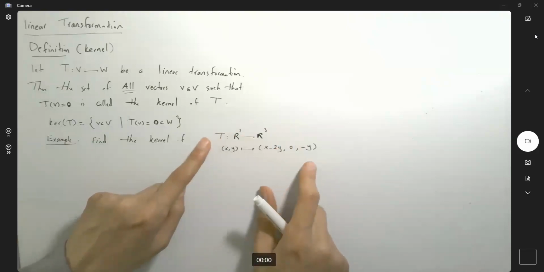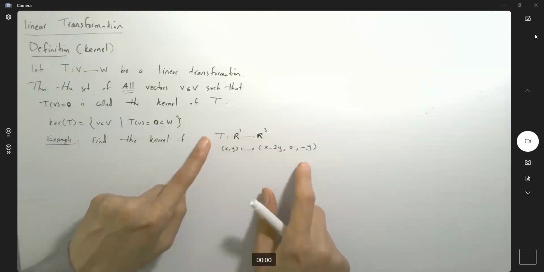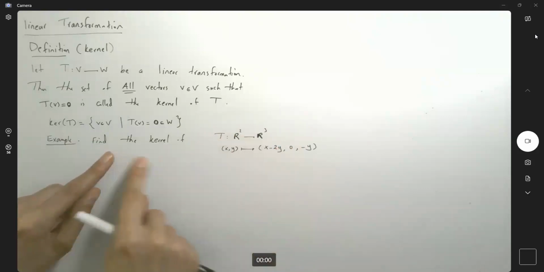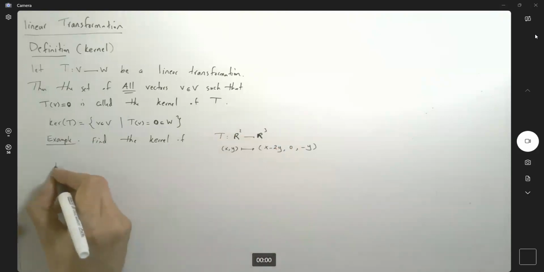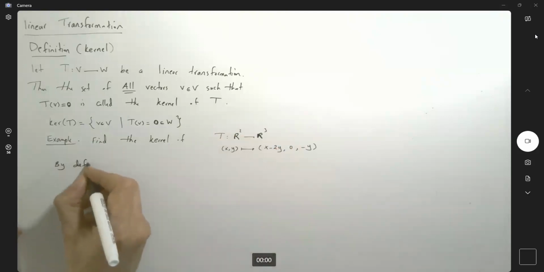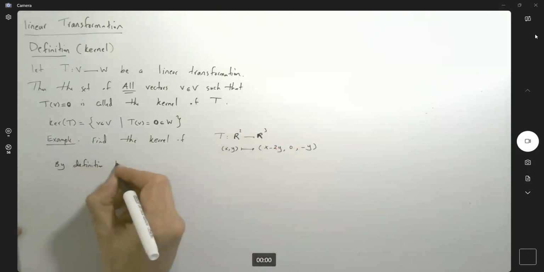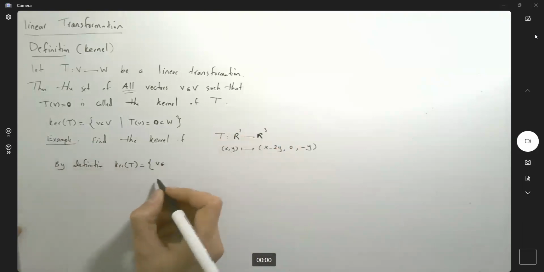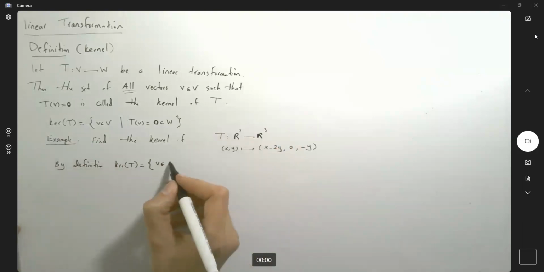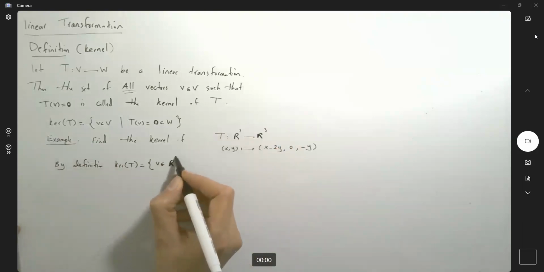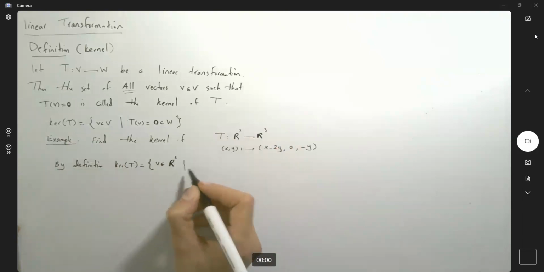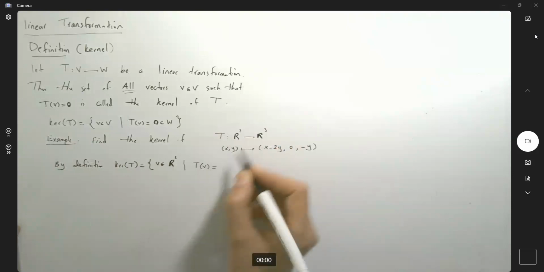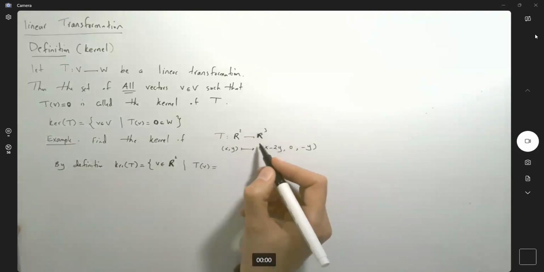This is indeed a linear transformation. You need to be able to check that. Now, since it is a linear transformation, let us find the kernel. By definition, the kernel of T is equal to the set of vectors in the very first vector space. It means that in the plane such that T maps those vectors into the 0 vector in the space,